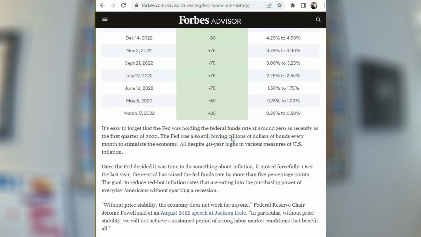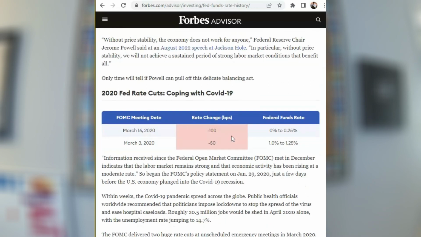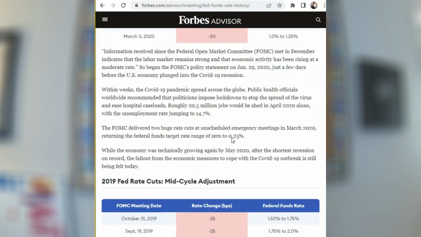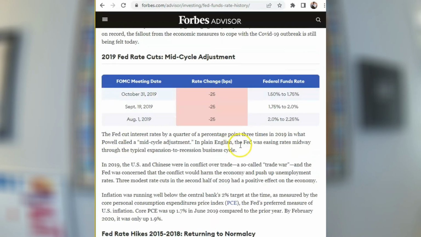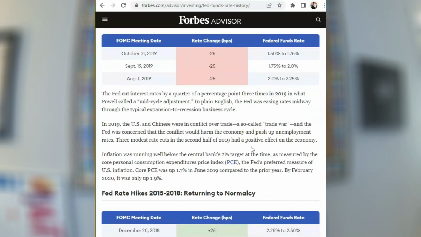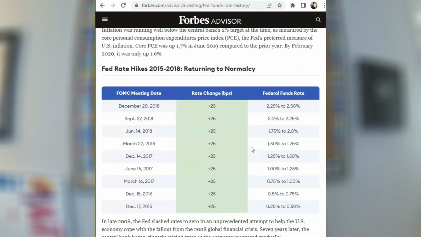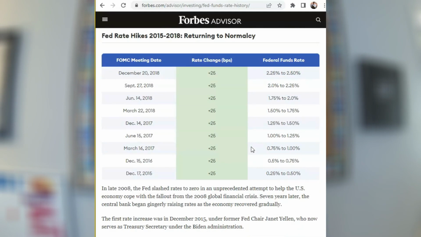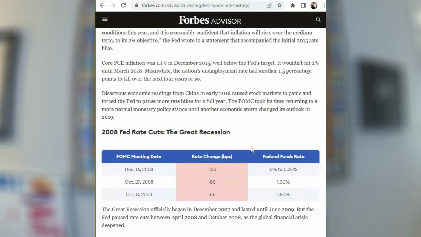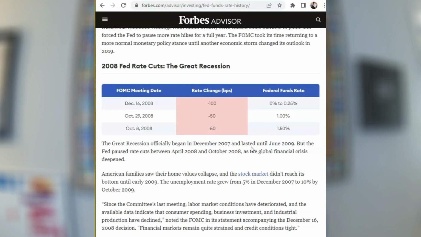And then if you look more recently past that, you see the rate decreases with COVID in 2020. You see some cuts in 2019 that are listed here. And then around the 2015 to 2018 time frame, you see a number of increases that took place, all 0.25% or 25 basis points. But more recently, before COVID, the biggest one was probably going to be the Great Recession,